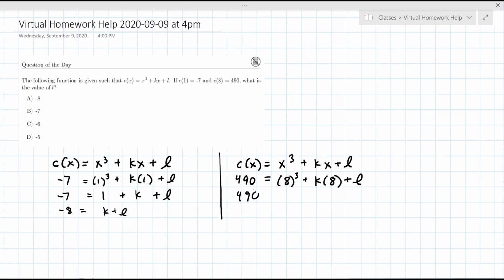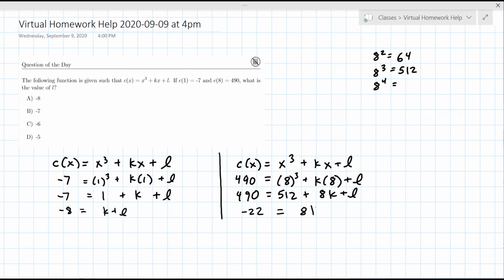All right. 8 cubed is a value that we recommend as the kind of information you want to know going into a college entrance exam really quickly. We want you to know as quickly as you can multiply two numbers. It's not good enough to know that 8 squared is 64. You have to also know that 8 cubed is 512. Now, I'm not sure you need to know what 8 to the power of 4 is, because you can continue multiplying by 8, but the speed is the thing that we're emphasizing here, the fact that you know this right away, and you won't have a calculator, so you have to be able to do this quickly. 512 plus 8k plus L. I'm going to subtract 512 from both sides. We have -22